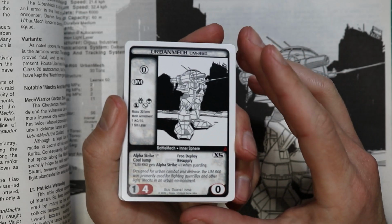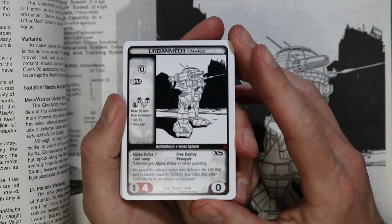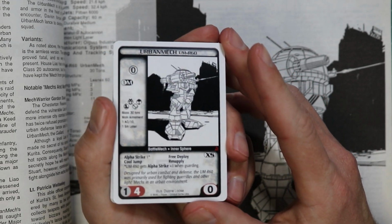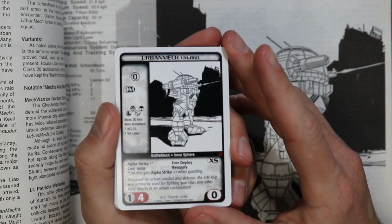If you're gonna use it, you're gonna have to Alpha Strike it. It does have that cool jump, so you do get a little bit of extra initiative, and that's assuming that you're defending from the city, and so the lay of the land, and so a little bit of thematic flavor there. And then you have free deploy, and unique to this card is the resupply,